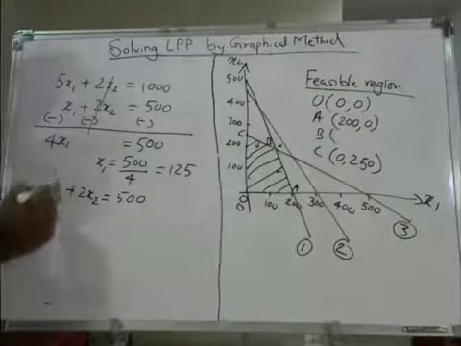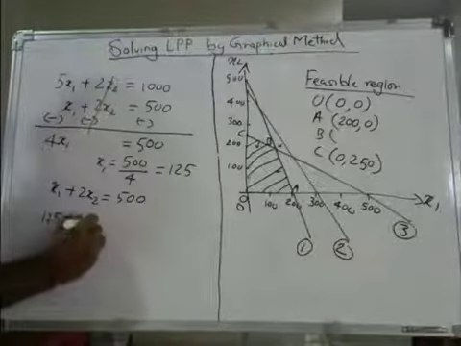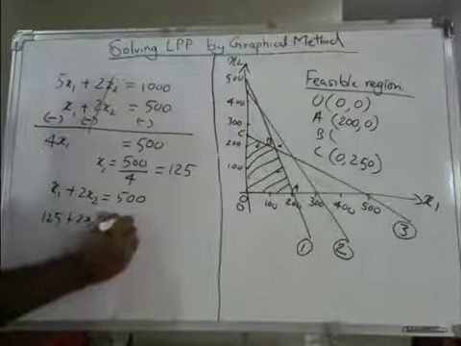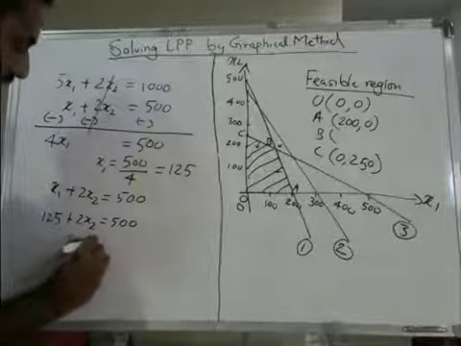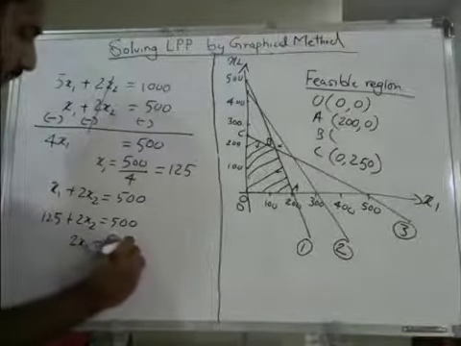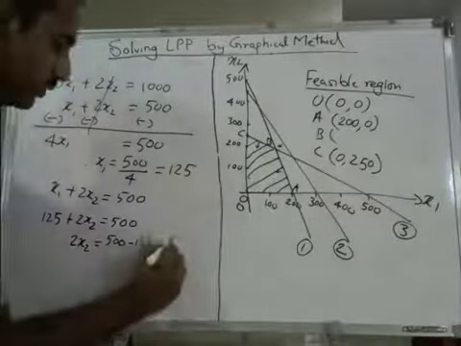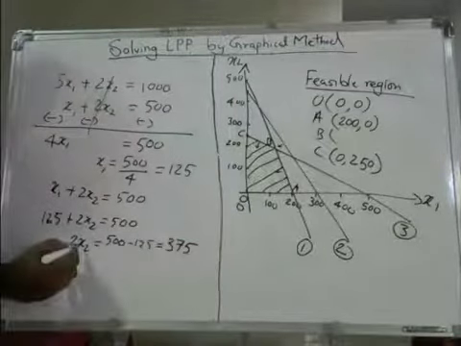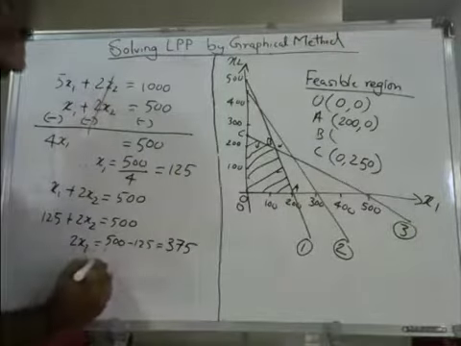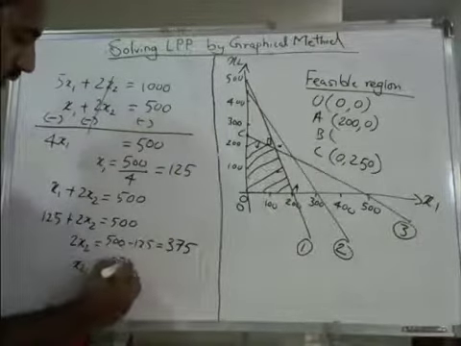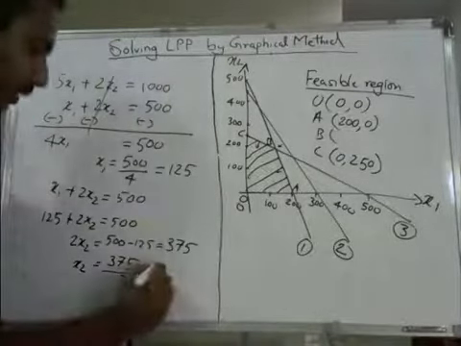Now I'll substitute the value of x1 here, that is 125 plus 2x2 is equal to 500. Now I'll take this 125 to the right side, that is 2x2 is equal to 500 minus 125, that is equal to 375. Now you can say x2, I'll take this 2 here, that is 375 divided by 2, that is 187 point